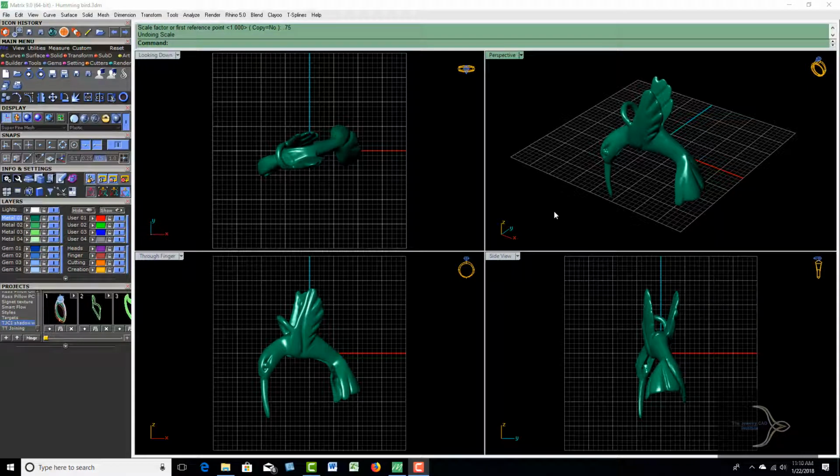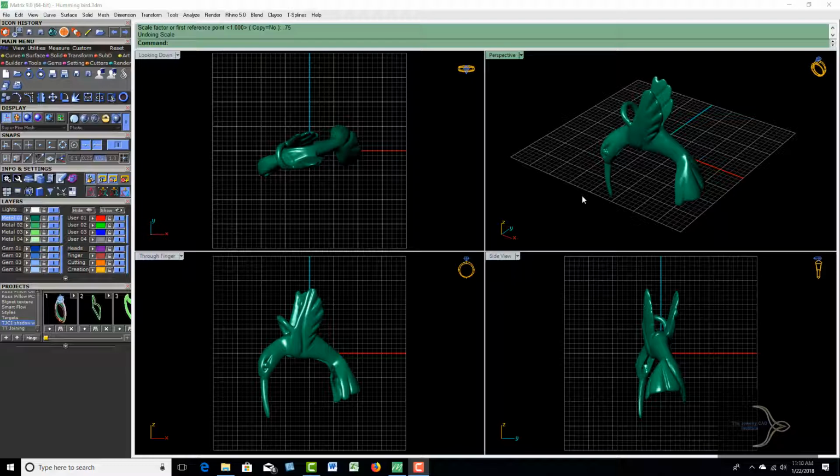Okay, this is Russ Hyder from the Joey Cat Institute again, and we're going to be dealing now with a hummingbird pendant that was made by a client. And we had eLUXE 3D scan the item so that we can scale it to different sizes. The customer didn't want anything but exactly this shape. So we thought it would be a good idea to have eLUXE3D go ahead and scan it instead of